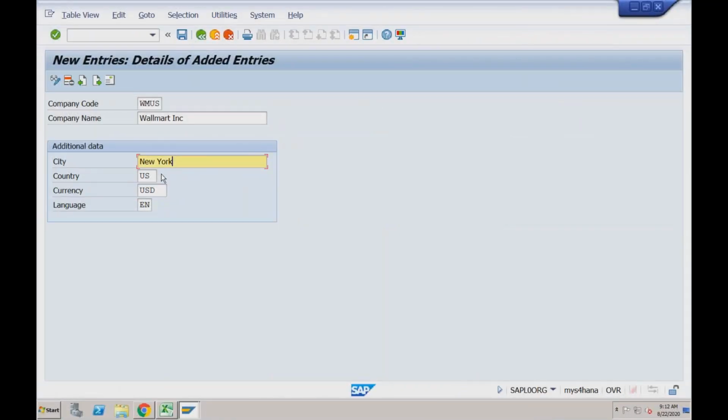Okay, what I was talking about, the currency. So there is a different transaction currency. Transaction currency is the currency in which you do the transaction, and then there is a